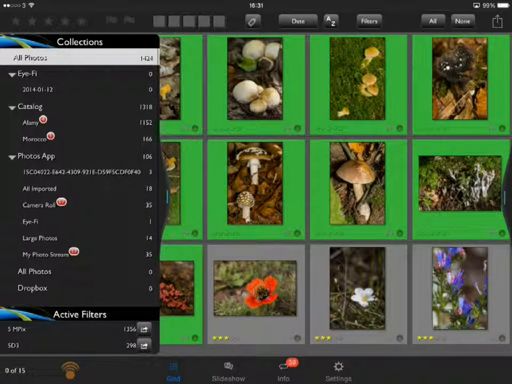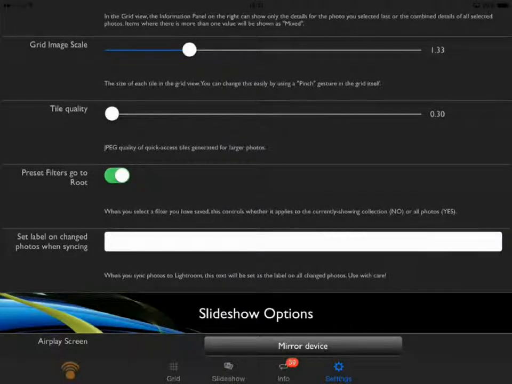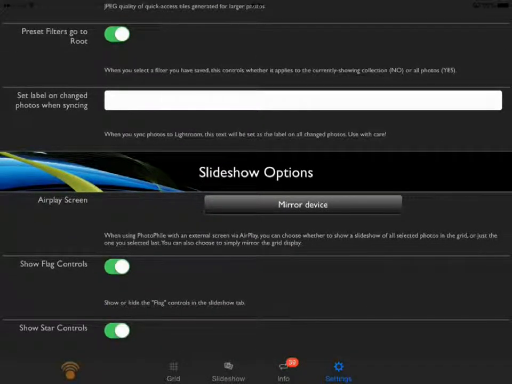The other thing that's changed here is that when I tapped the Canon Macro filter, it has automatically selected the All Photos collection. But this is something that you can switch off if you don't like it to work that way. If we come into the settings page, there's one here called Preset Filters Go to Root, and that chooses whether it goes to all photos or stays in the collection that you currently have displayed. So if I switch that off,